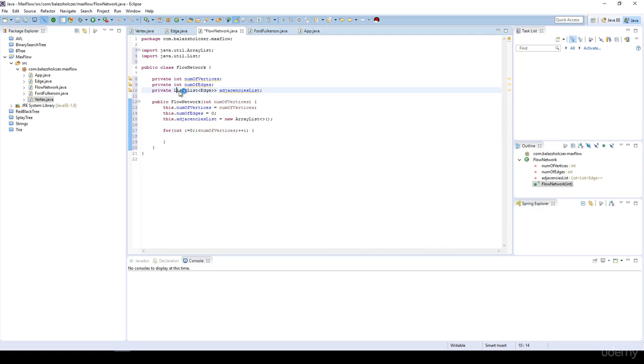As you can see, we have a list. We have already initialized and instantiated the outer list, but it's going to be a 0. So we have to initialize on every iteration a new list of edges, list of edge. Edge list is a new array list,